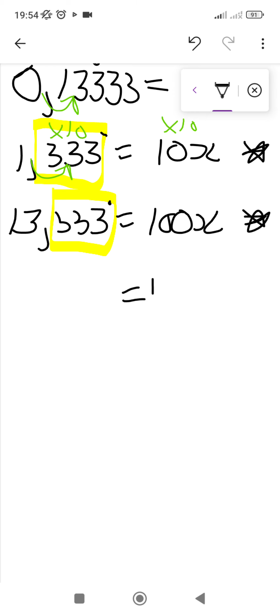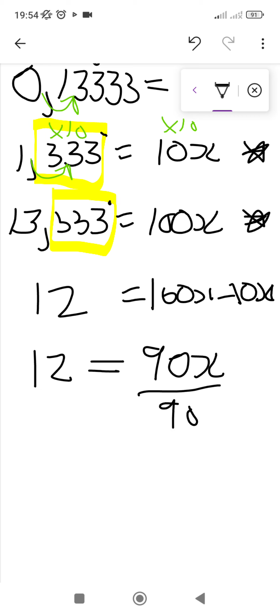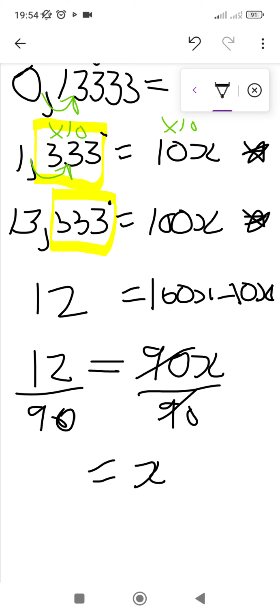So we are going to have 100x minus the 10x, right, and on our left hand side it's going to be this 13,333 minus the 1,333, and that's going to give us 12. Okay, so on our right hand side, 100 minus 10 is 90. Left hand side we have the 12, divide both sides by our 90, so that's going to cancel. So we have x, right, and 12 divided by 90,